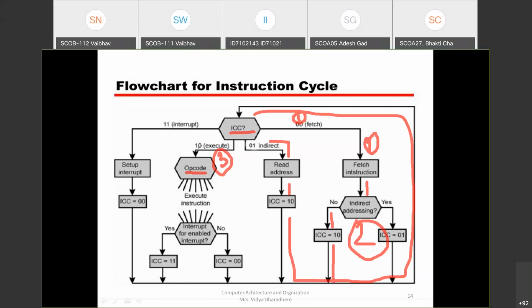But while executing the instruction, if it finds that some interrupt occurs, it will stop that operation at that step and call the interrupt service routine. In that interrupt service routine, according to that interrupt, the operation will be performed and the result will be generated, and again it will be given here. If no interrupt is there while performing the instruction execution, the result is generated directly here. And if the instruction requires any interrupt service routine call or any setup, that will be done with the help of the